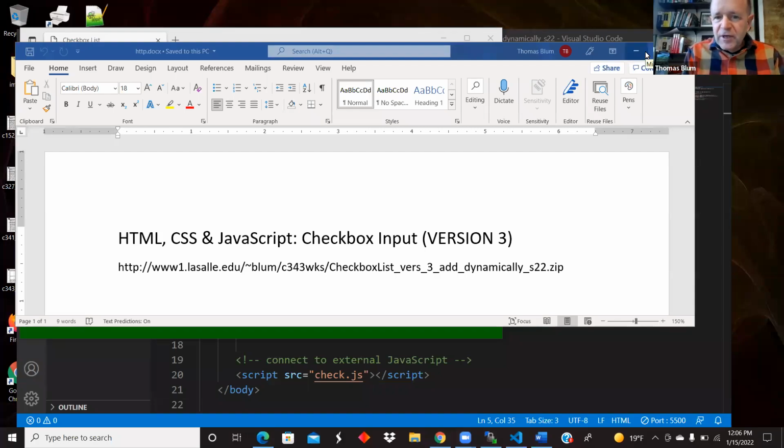In this video, I'd like to look at a web page. So look at some HTML, CSS, and JavaScript that features a bunch of checkboxes, movies that the user can say whether the user has seen or not. This was version 3, so each time we try to get a little bit more sophisticated, especially on the JavaScript